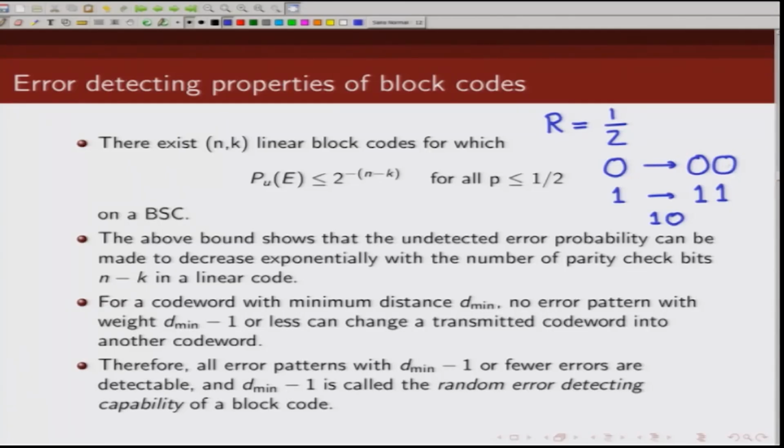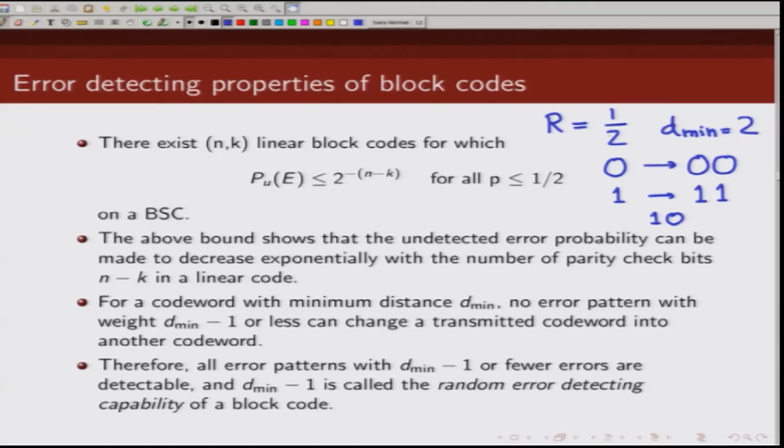We can see basically minimum distance is 2. Minimum distance of this code is 2. So, according to this, we should be able to detect all error patterns of weight 1. So, let us take an example. Let us say we receive 1 0. Can you detect the error? Yes, we can, because